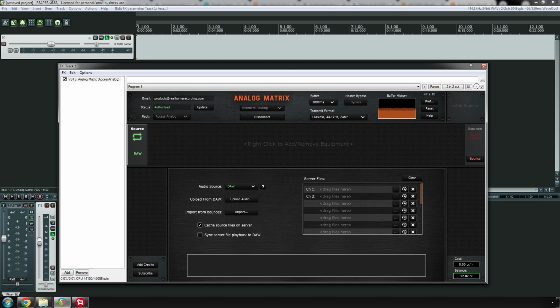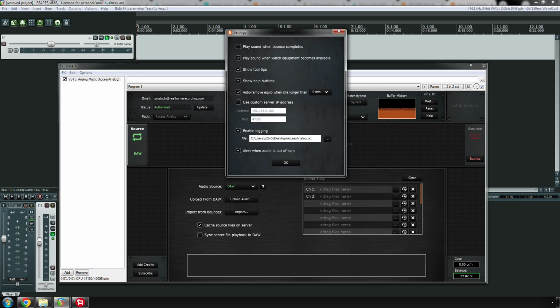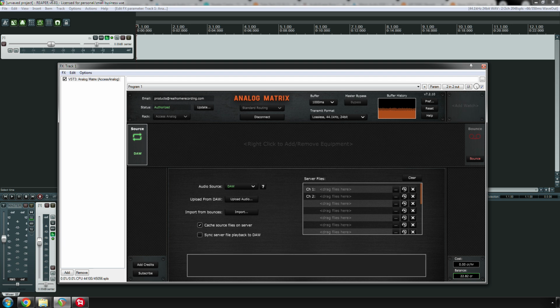So you're only spending the minimal amount of money, and you can upload your files before you connect to any of the rack gear. So that's another big change that they did. I always thought that was a waste of credits. So now you have that, and under preferences, they have some extra options that they didn't have before. If you want to wait for something,